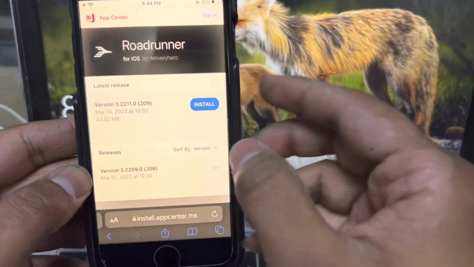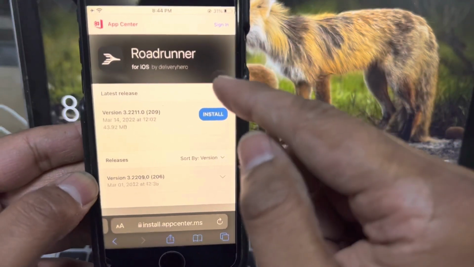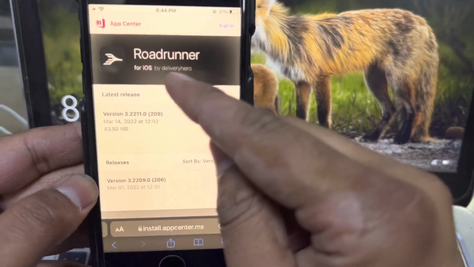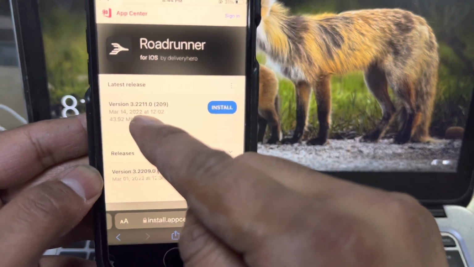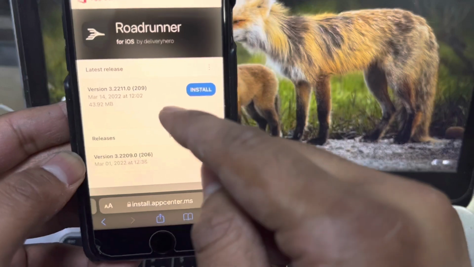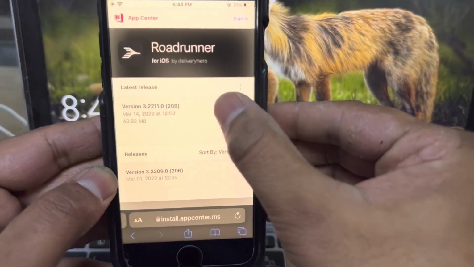Okay, the vendor of this app is Delivery Hero. Okay, this is the way. The latest version is 14 March 2022, just released 3 or 4 days ago. I'm recording the video today. Just click on install